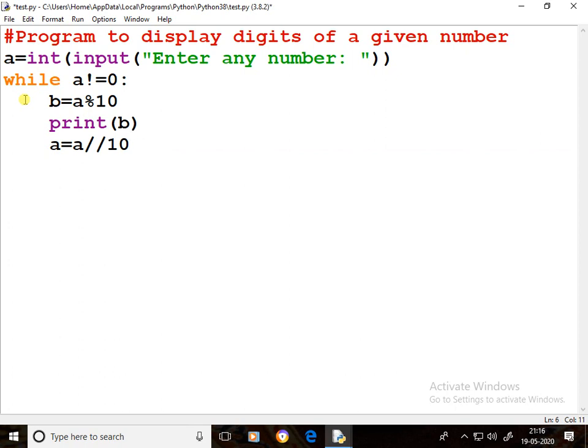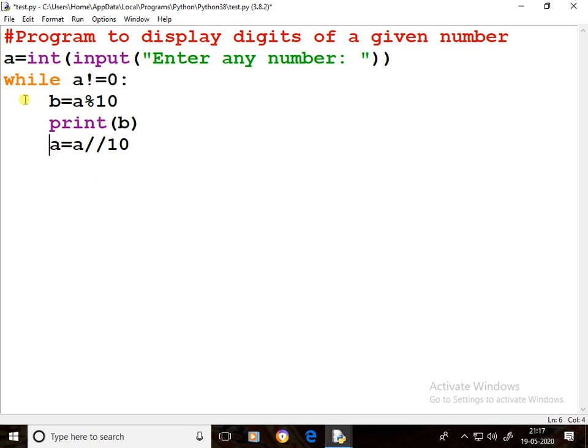Suppose for example 3457, then what will happen? The value 3457 not equal to 0, true. Then b equal to 3457 modulo 10, you'll get 7, and the 7 is printed. 3457 floor division 10, you'll get 345. Again 345 not equal to 0, true. Here b is 345 modulo 10, you'll get 5, printed.